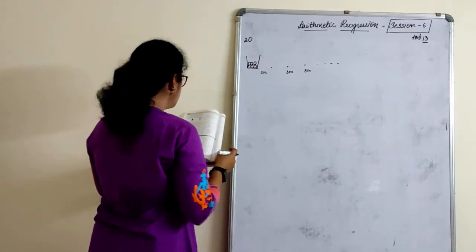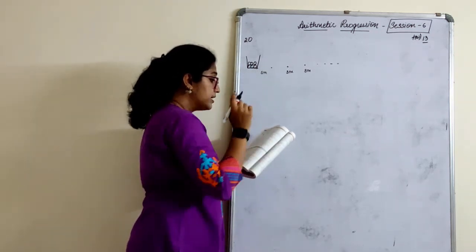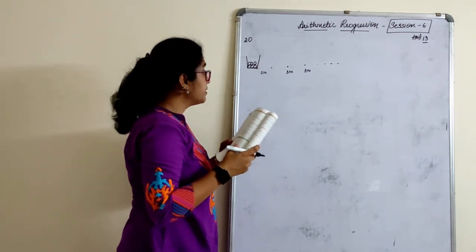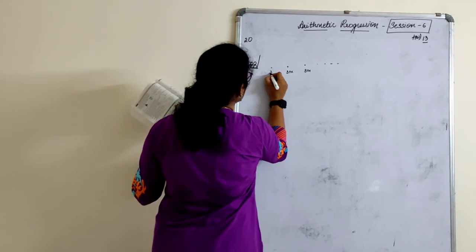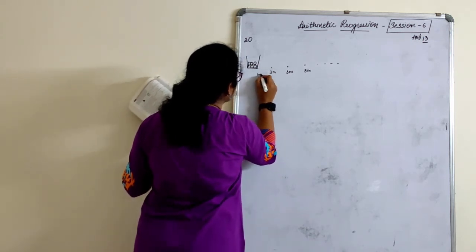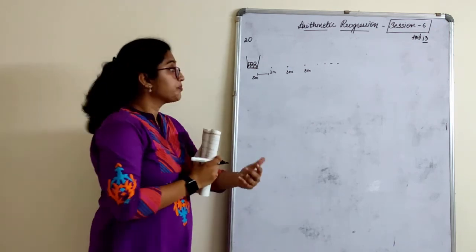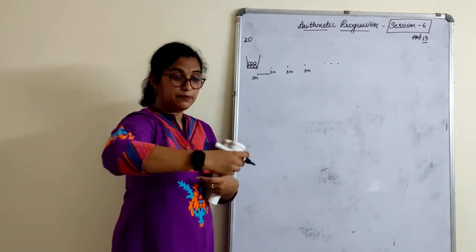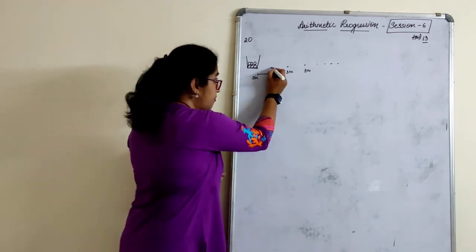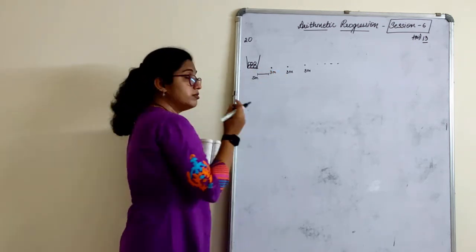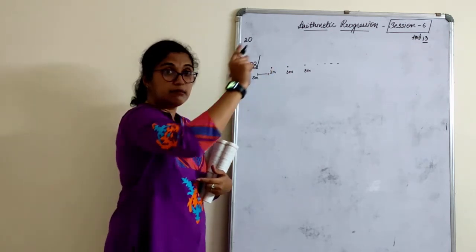Okay. In a potato race, a bucket is placed at the starting point, which is 5 meters from the first potato. Did you understand the meaning here? That means I have kept some distances 3 meters, but from this position to the first potato, it is 5 meters only. Rest all are 3 meters gap.